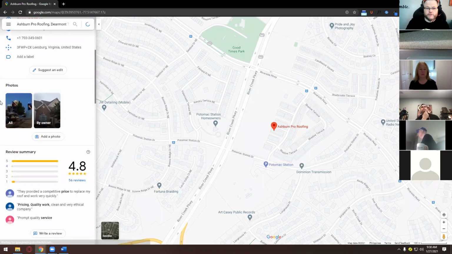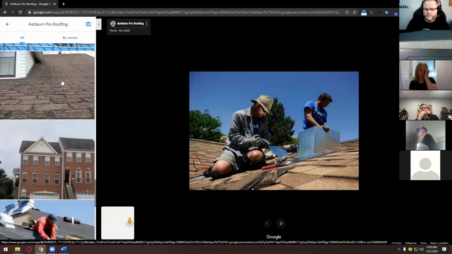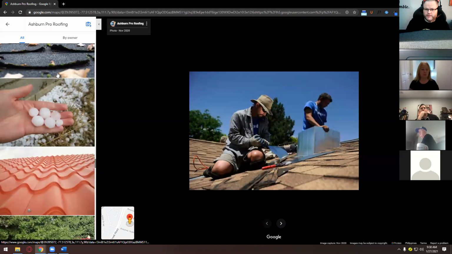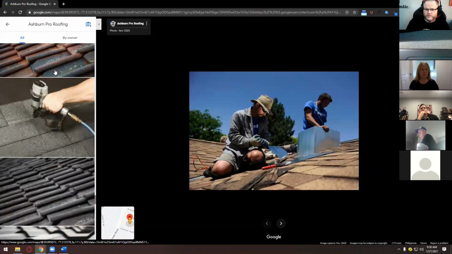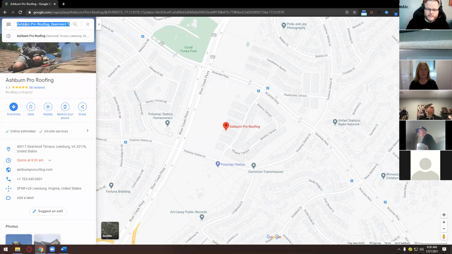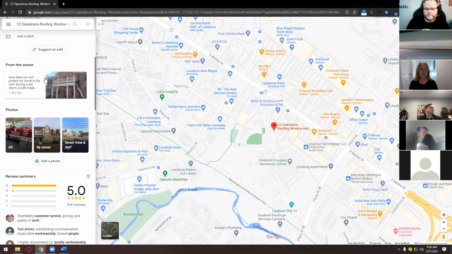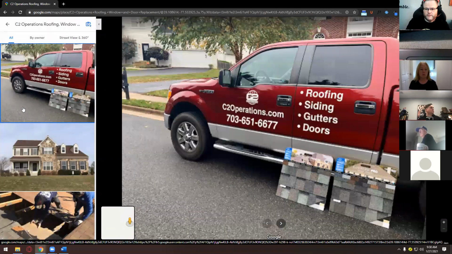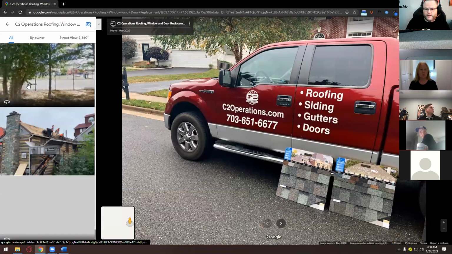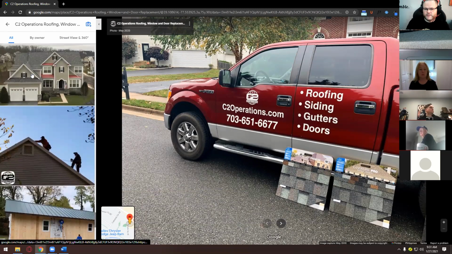Now let's look at all the photos and see if they're actually doing anything with photos. So you can see they're posting quite a bit of photos. Some of it looks like stock, some of it looks like it's real. We can go over to C2 and see, that was the one thing we didn't look at. See how many photos y'all are uploading. So it's about the same. I'd say based on what I see, y'all are probably bouncing between 1 and 2. You don't have as many photos as them, but